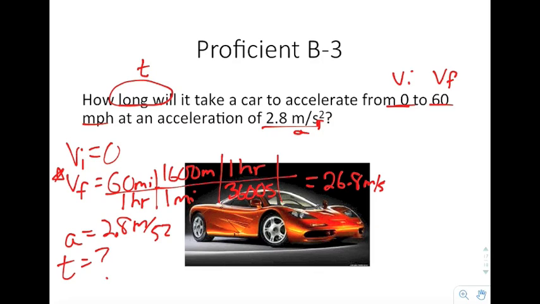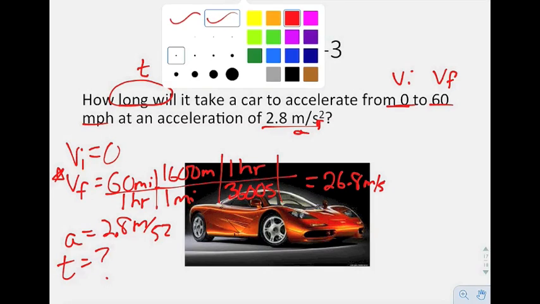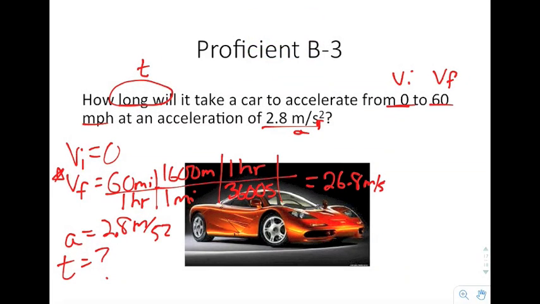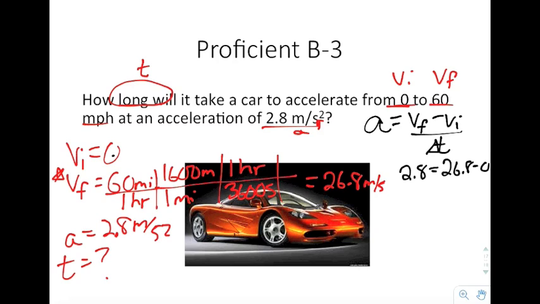So now we have our equation. I'm going to go ahead and just change colors so it's easier for us to distinguish. Here's our equation: a equals vf minus vi over t. Instead of actually trying to plug in and rearrange and then solve, I'm actually just going to plug the numbers in and show you that it works both ways. So in this case, I'm going to have 2.8, which is my acceleration number, equal to 26.8 minus 0, because my initial velocity is 0, all of this divided by